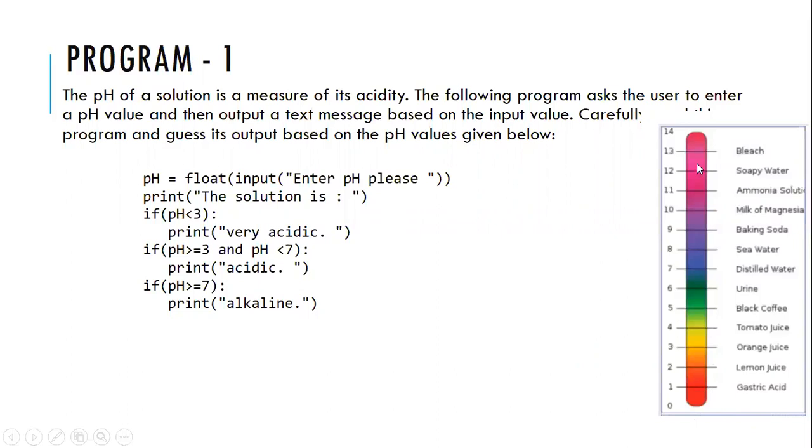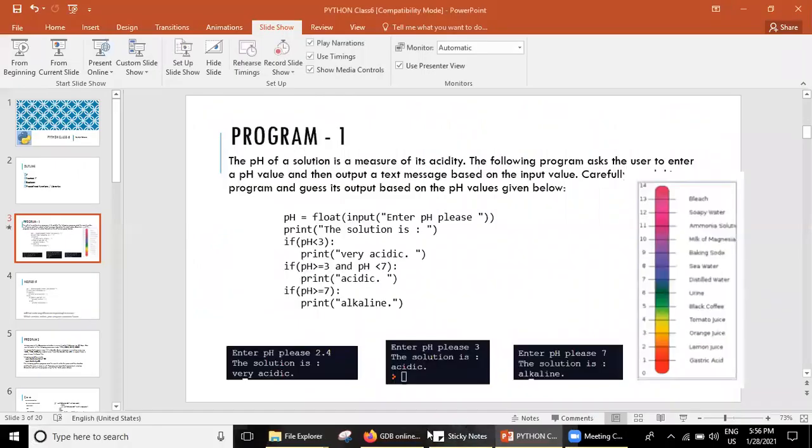So we will categorize this problem in this way. If the pH is very low, if it's less than 3, then we'll say it is very acidic. And if the pH is between 3 and 7, then we'll consider it as acidic. If it's 7, then it's neutral, and above 7 would be considered as alkaline. So let us try to write this program